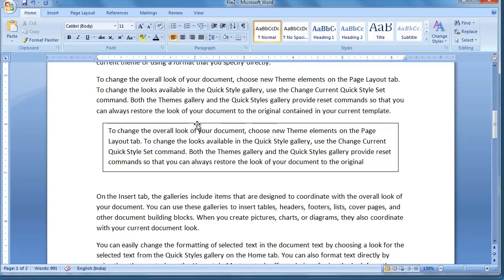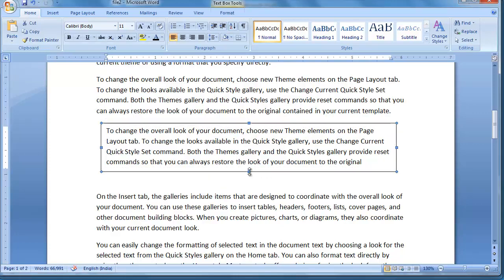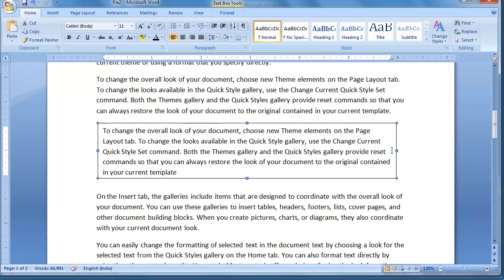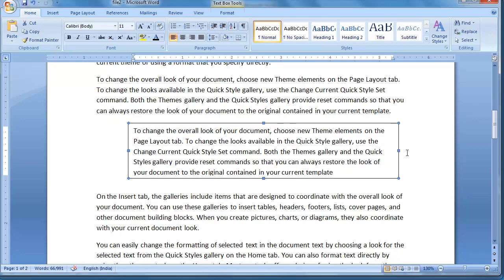Now observe the mouse pointer, 4 direction arrows are coming. When that symbol is presented, we can move the text box to whichever place we want. If this arrow is presented, we can increase the height. If this arrow is coming, we can increase the width of the text box, or decrease it like that.